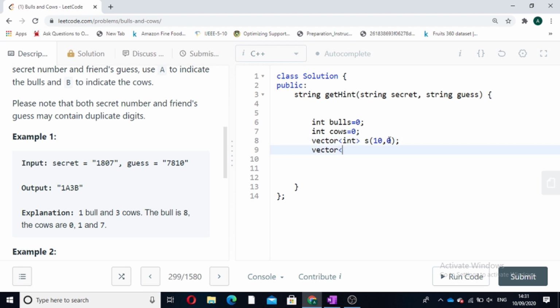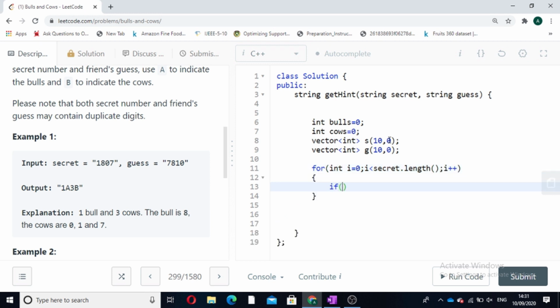Similarly, we will create another vector which will store the frequency of characters in the guess string. It will be named g. Now we will iterate through our strings simultaneously. We will check first if the characters of both the strings are equal, means if secret of i is double equal to guess of i, means the characters are equal and the indexes are also equal, therefore it will be a case of bulls.